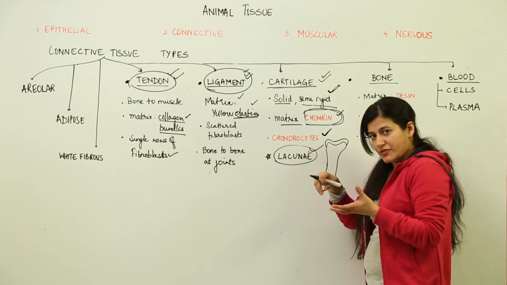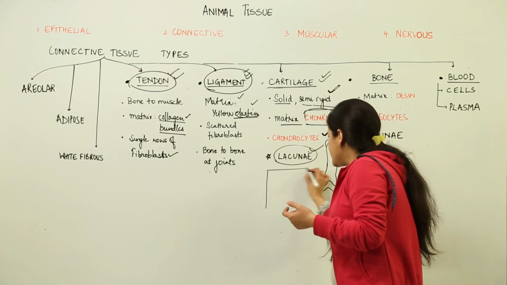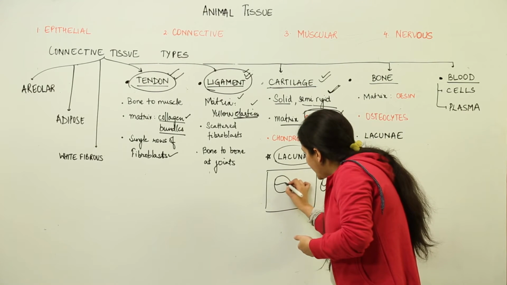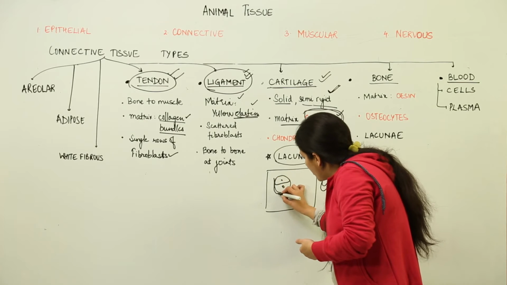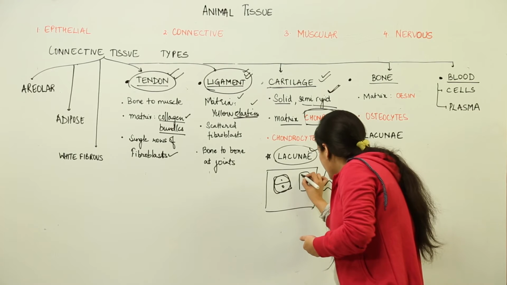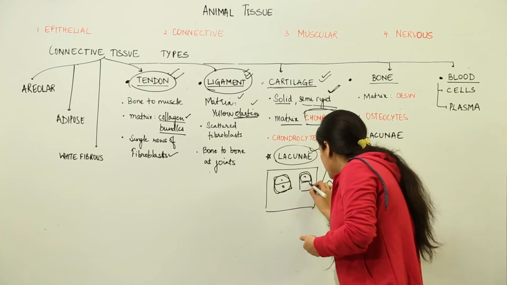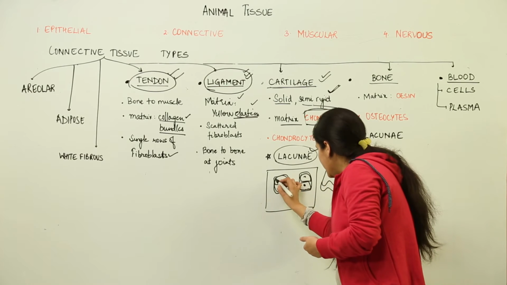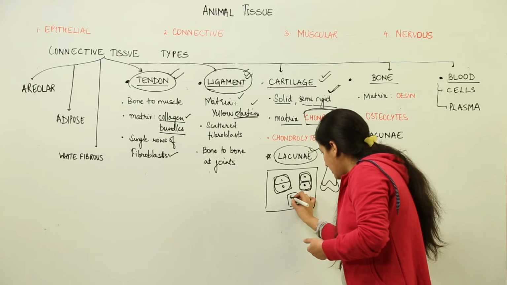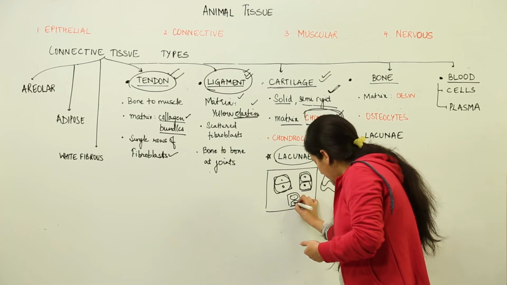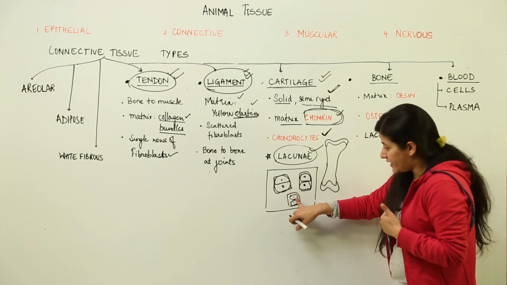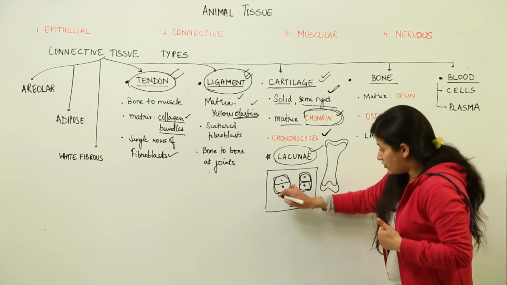chondrocytes filled inside them. So if this is your cartilage, what you're going to have is that there would be lacunae, and inside it there would be 1 or 2 chondrocytes scattered inside the matrix. This is supposedly a lacuna. This is a very simple description I'm trying to tell you. You'll get clearer knowledge about this when we see these colored slides, as they give a better expression of the things I want to tell you. These are lacunae, and inside them you can see the chondrocytes, and this entire part is the matrix which is rich